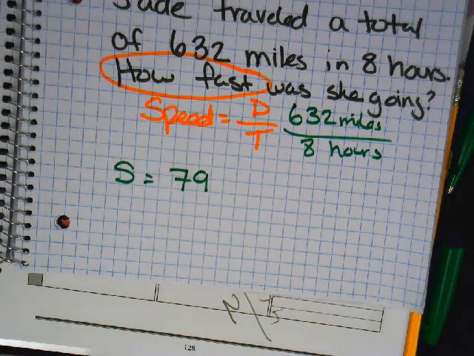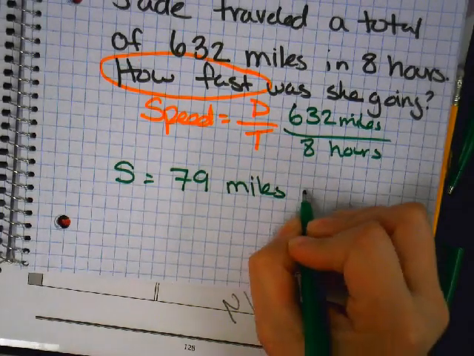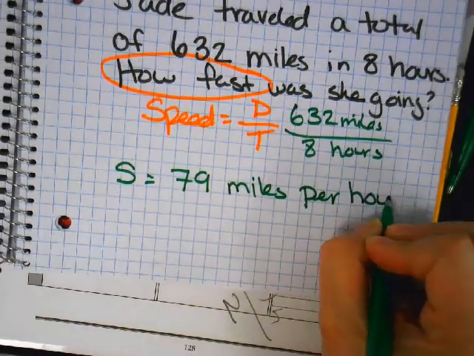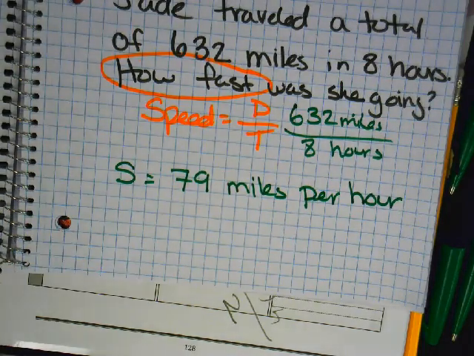Where's the third word? Miles per hour. This line is super special. It actually means per. The division line means per. Miles per hour. Is she breaking the speed limit? Yes, and miles per